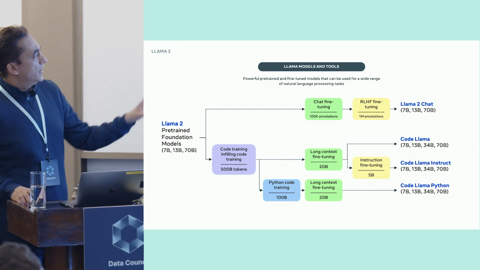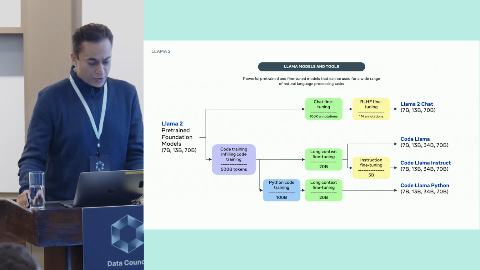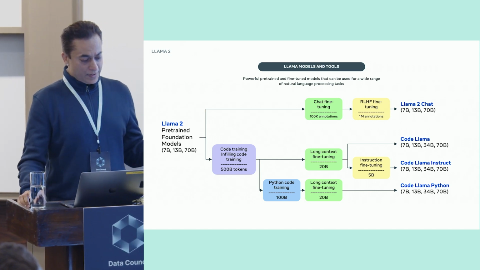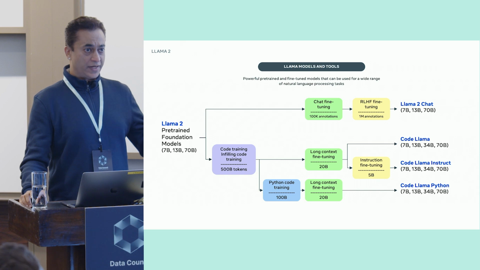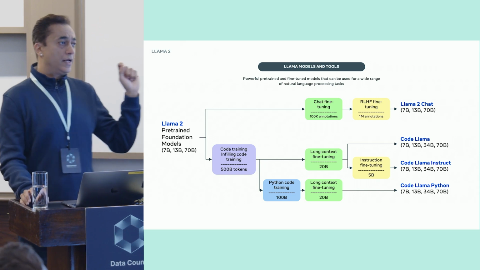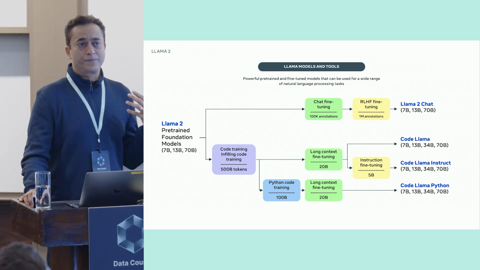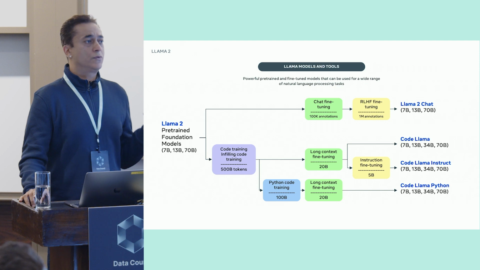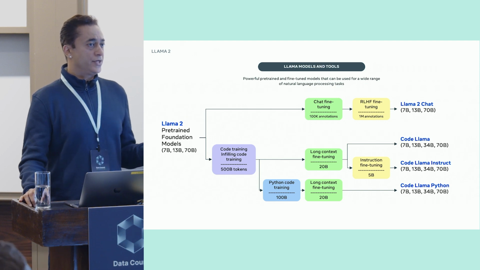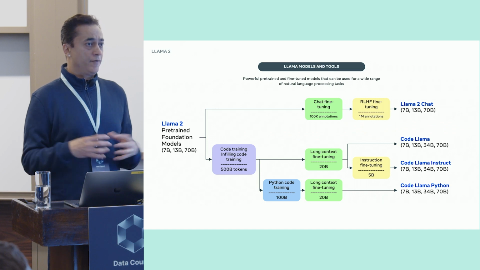This is also a different way to show how these models are pre-trained and fine-tuned. So it starts with Llama foundational models. They come in 3 sizes, 7 billion, 13 billion, and 70 billion. And the reason why we came up with 3 sizes is for a couple of reasons. One is we wanted to make sure that we have versatility across different use cases.